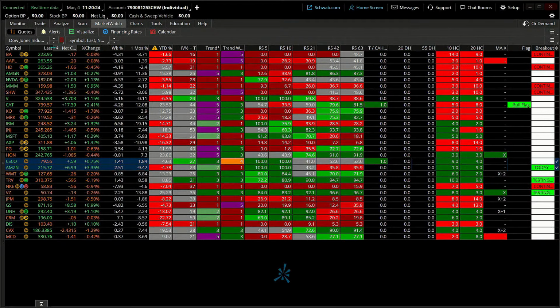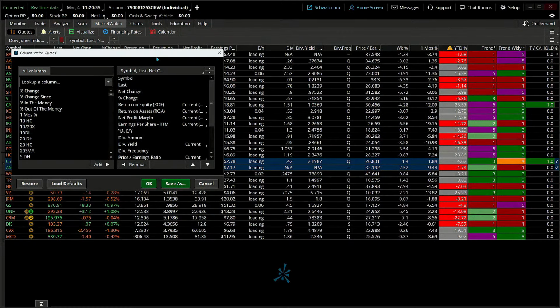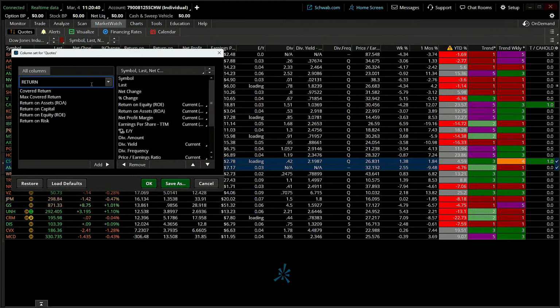Well, one obvious way is if I just had the column heading on there, right click on the column heading, go to customize, and now what you're going to see is we could just type in return on equity. And what you're now going to notice is that's just a column heading. That is a way to see visually what are the returns on equity for the companies of the Dow list, or the return on assets. You could also, for example, go to scan and just type in the numbers that you want to see. I'll show that after our first example.